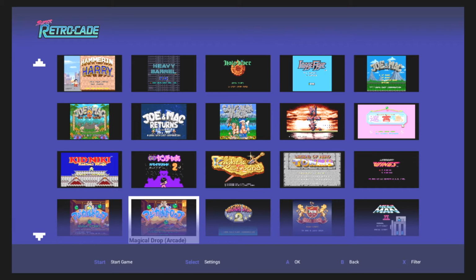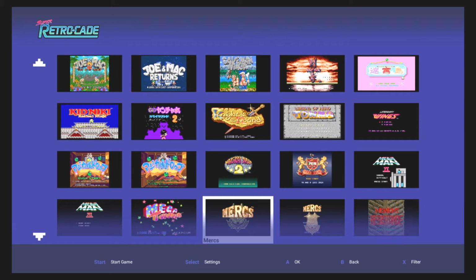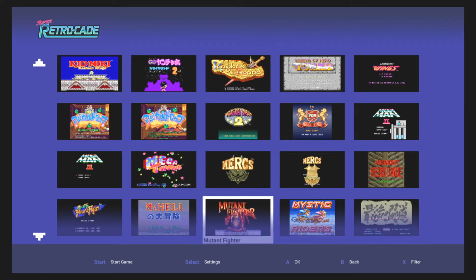You also have Magical Drop the arcade game. It's cool that you get some regular versions and arcade versions on this as well. Magical Drop 2, Major Title Golf, Mega Man 2. Now the UK version actually has extra games as well. It has Mega Man 1 on it. The version 1.1 of this system is missing Cobra Command, but you can just add those games back on with the added game function. Mega Man 3, Mega Twins, Mercs the arcade version, Midnight Resistance, Mighty Final Fight,